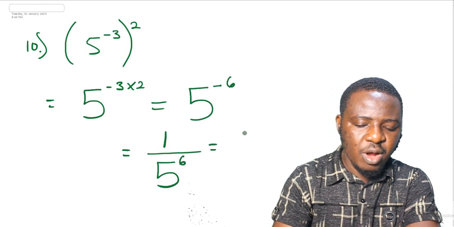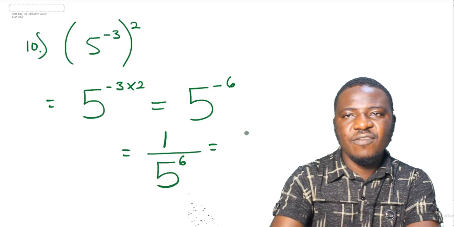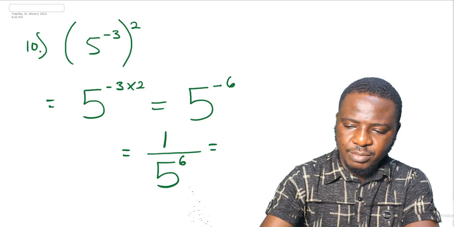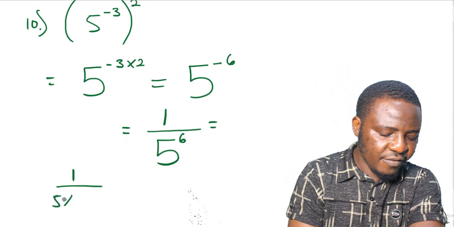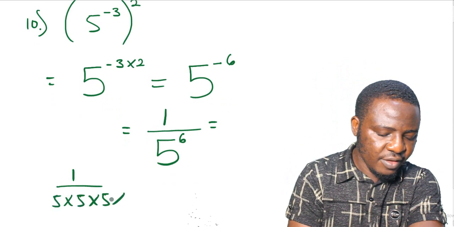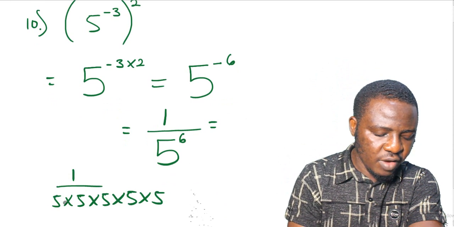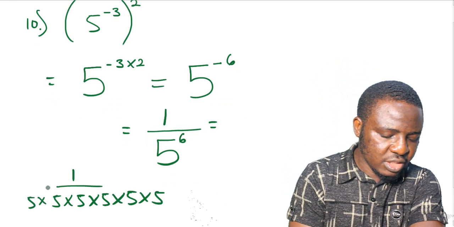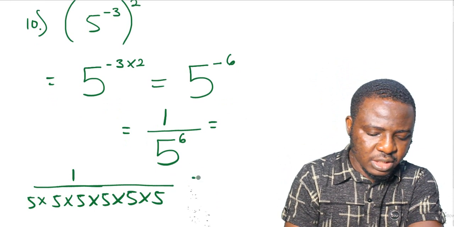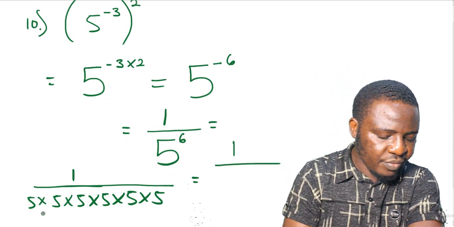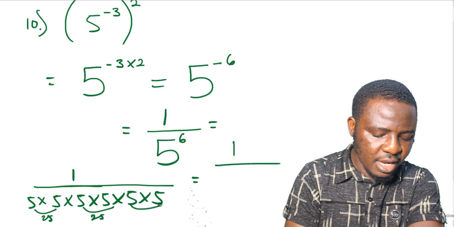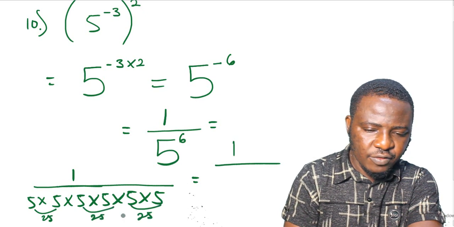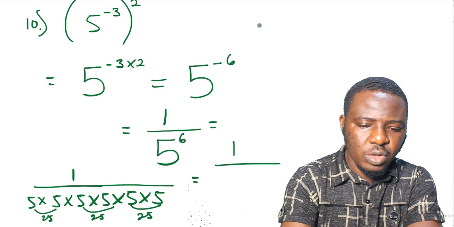And 5 raised to the power of 6 can be said to be 5 multiplying itself 6 times, which becomes 1 over 5 times 5 times 5 times 5 times 5 times 5. 1, 2, 3, 4, 5, 6. So this can be simplified to be 1 over 5 times 5 is 25. This gives us 25, and this gives us 25. So 25 times 25 will give us